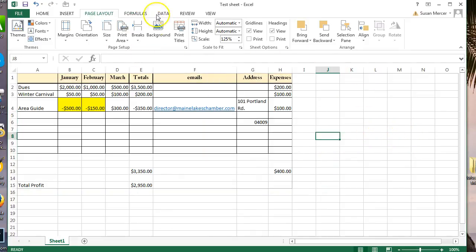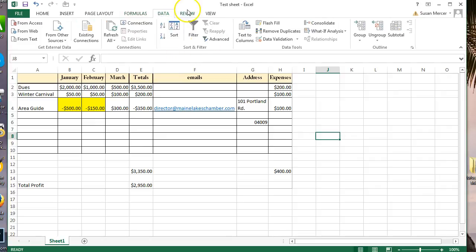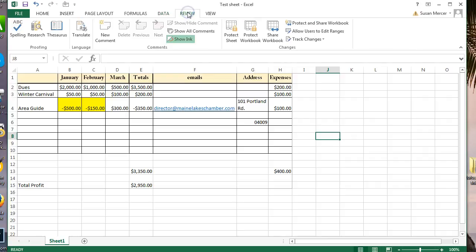So that's something there. Formulas. I do what I showed you. There are all kinds of even more things that you could do, which I'm sure some people know really well. But what I know gets me through and gets done what I need to be done. But there's all kinds of stuff. Data, review,